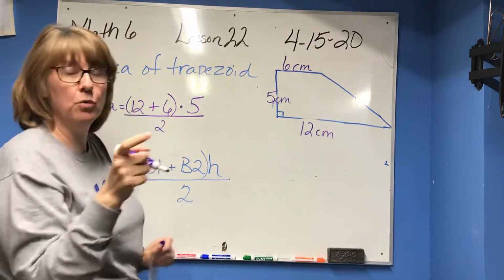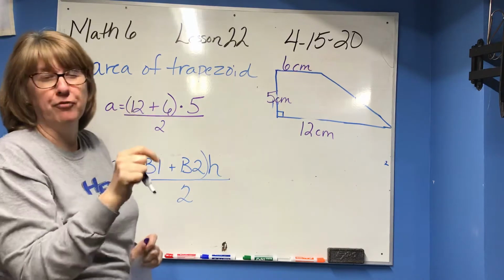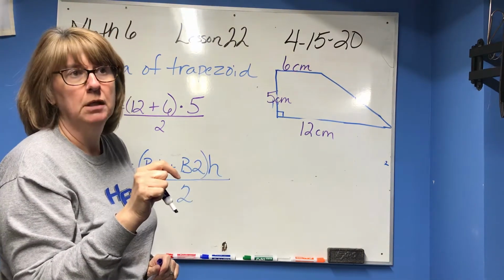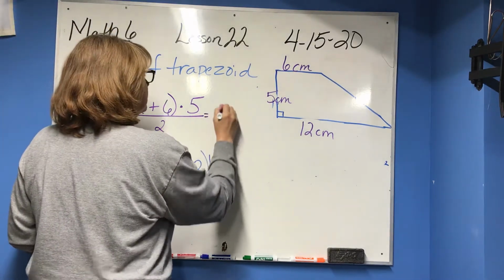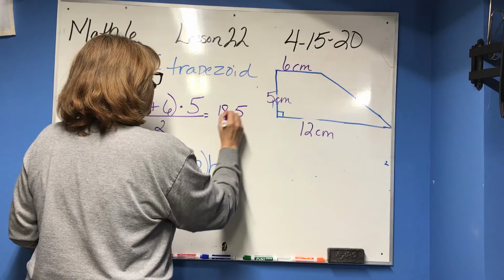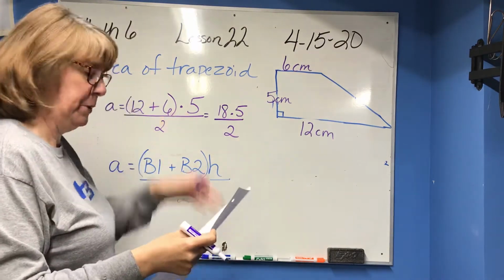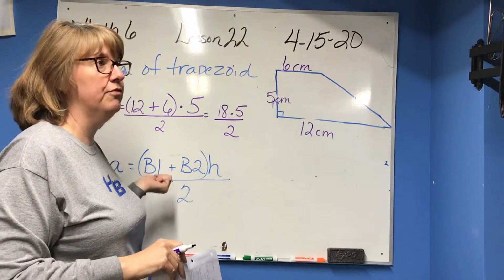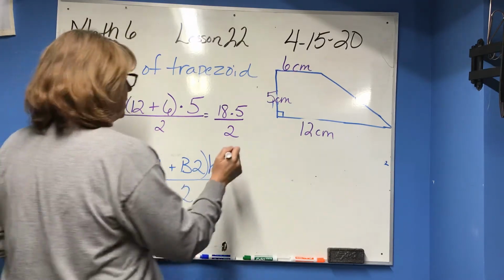Okay, so we have to follow order of operations. You notice that I put those in parentheses because I'm going to do that first. So what is 12 plus 6? 12 plus 6, 18. Okay, so I need to do 18 times 5. And then I'm going to divide that by 2. Okay, 18 times 5. Let's see, 5 times 10 is 50. 5 times 8 is 40, so that's 90. So this equals 90